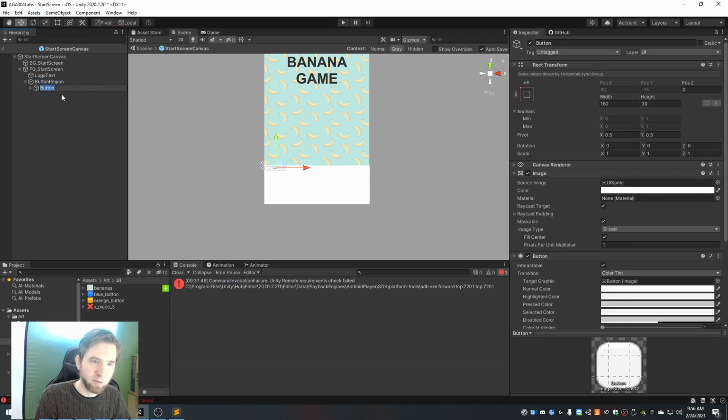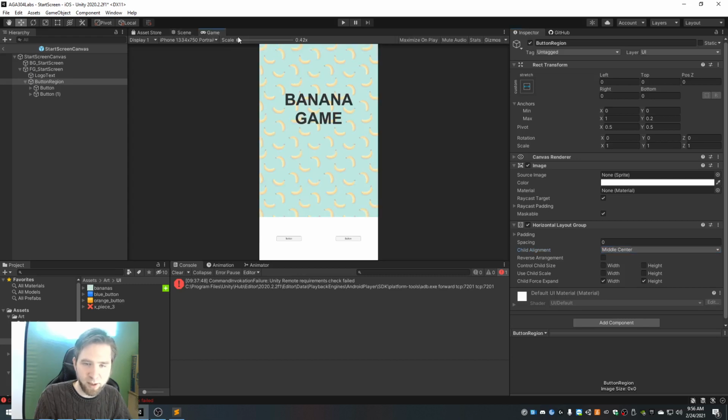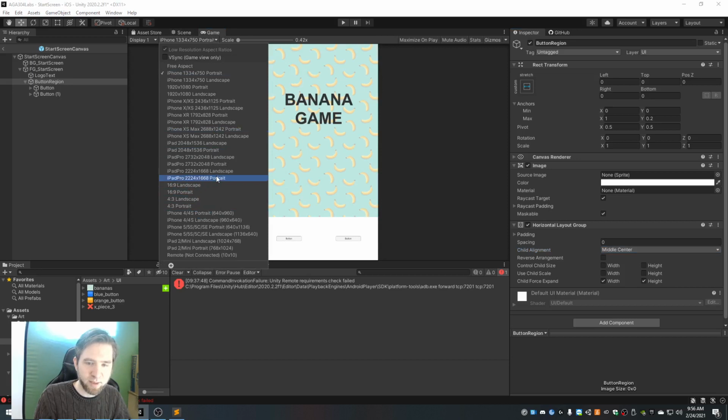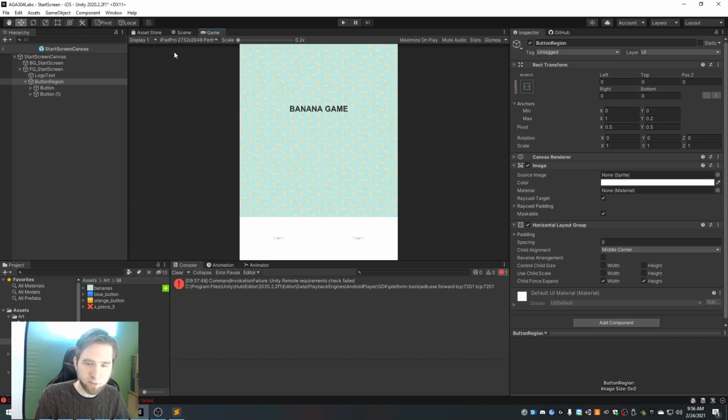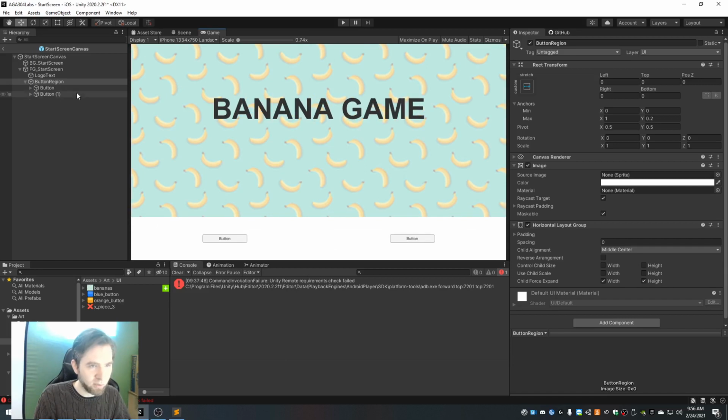button. That's button 1 and this is button 2. How do I want them to be aligned? I want them to be aligned in middle center. Boom, you see how that's already getting us somewhere. How do I want their size to be held? So just to show you what's going on now, no matter what size I am, those buttons are always positioned exactly where we want them to be, but they're not necessarily always sized how we want them to be. So to get around that issue, so like I'm turning my phone to the side, whatever,